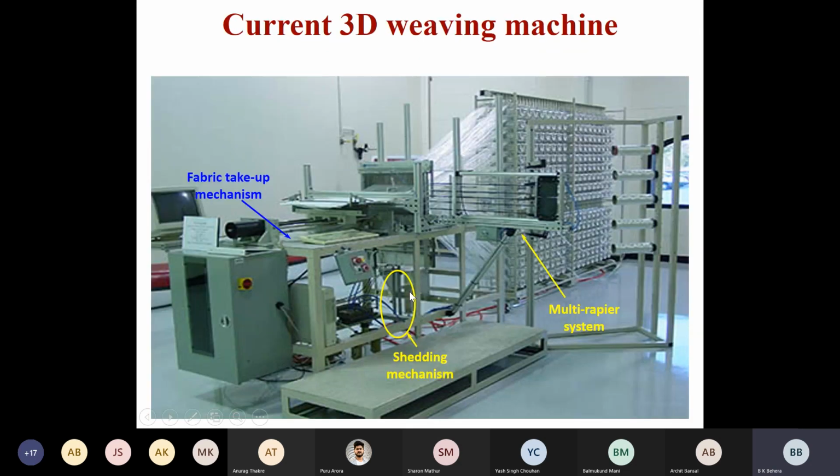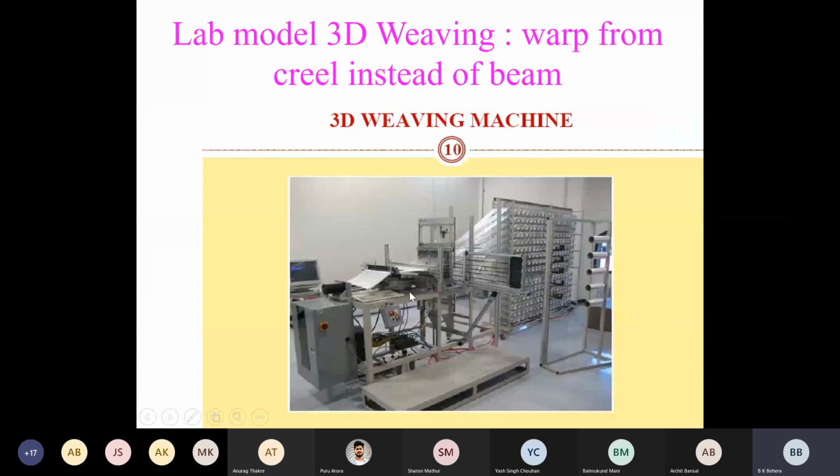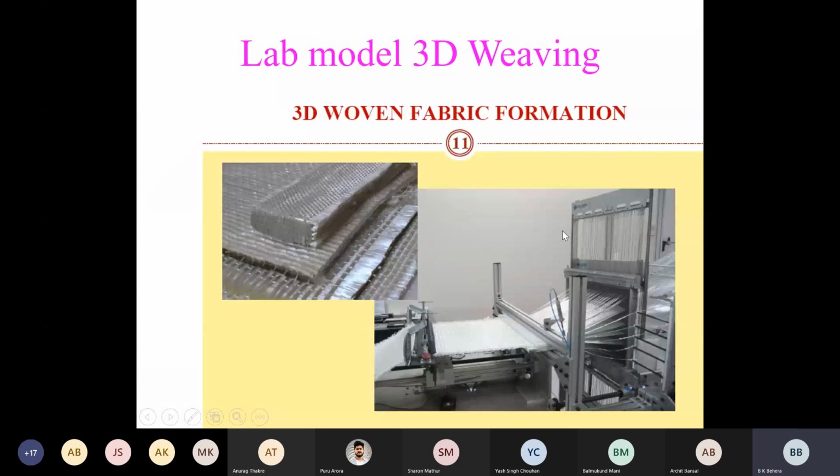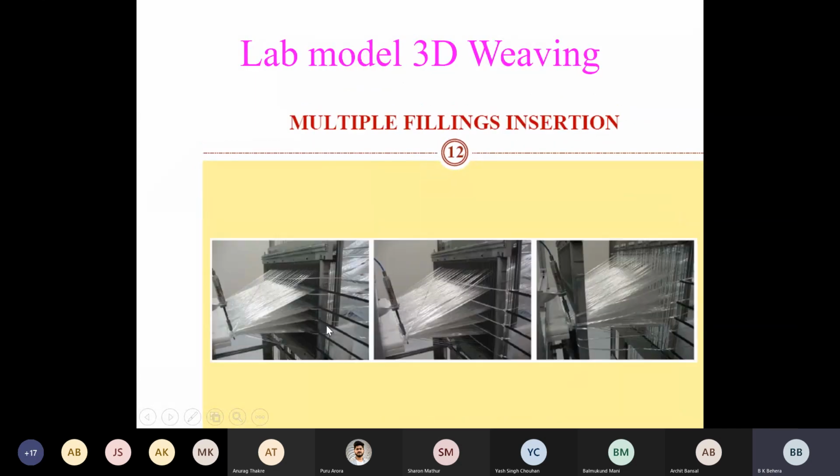I will show you one diagram. You can see from here. There is a better diagram for this. I will show you. Yeah, you can see from here. Maybe there is another diagram. You can see from here. For example, here 1, 2, 3, 4. 4 layers. See, 4 sets are opened. Sorry, here it is 5. 5 sets are opened and 5 weft yarns are inserted simultaneously. Look at what you see here is 1, 2, 3, 4, 5.